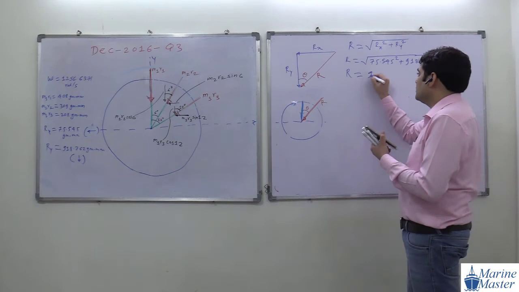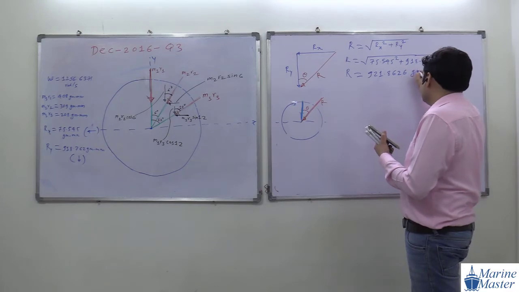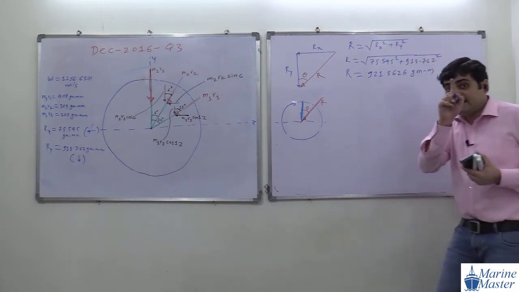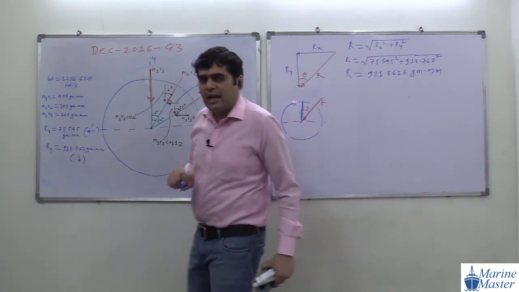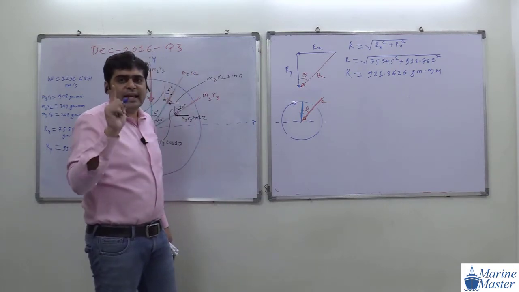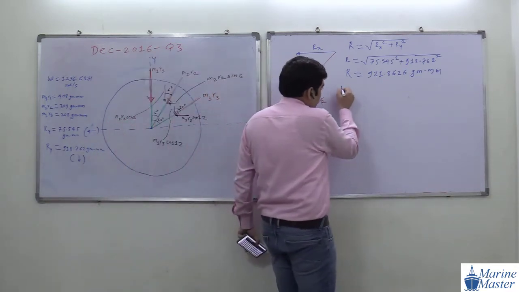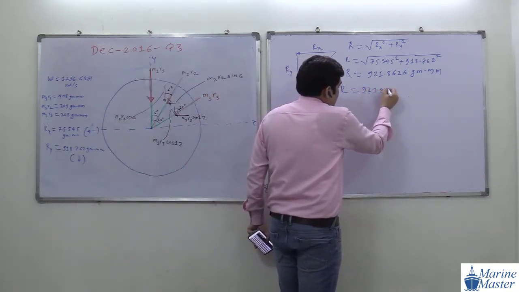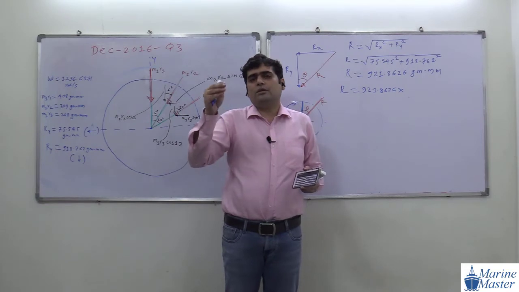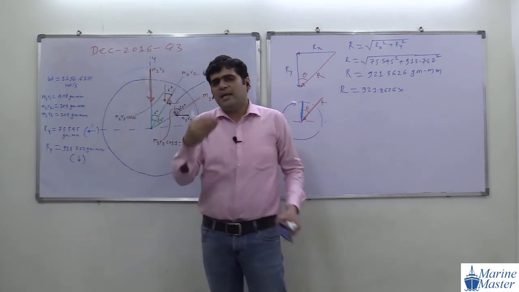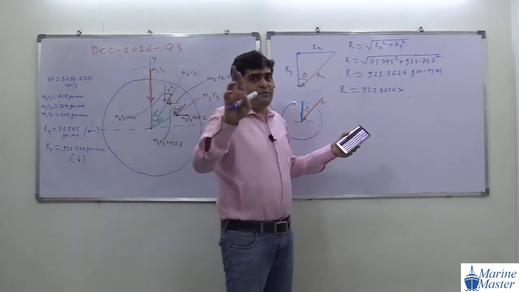921.26 unit, gram mm. See the unit here: gram mm. But for getting the out of balance force, we need the unit of R in kg meter. And how do we convert that into kg meter? R is 921.8626. Why did we consider gram mm directly? For each component M1 R1, to make the calculation simple, we did not convert into kg and meter directly. But at the end we need it in kg meter.